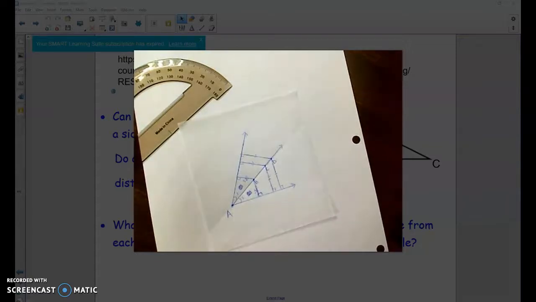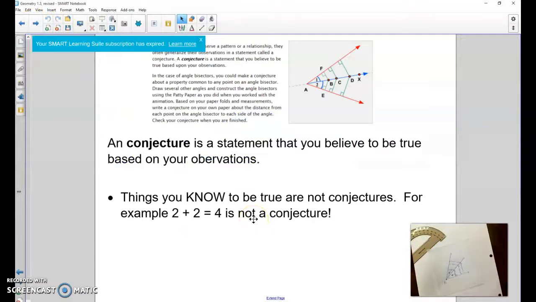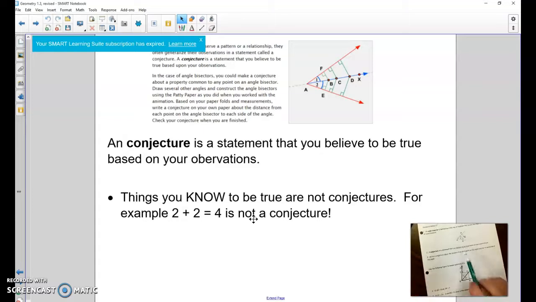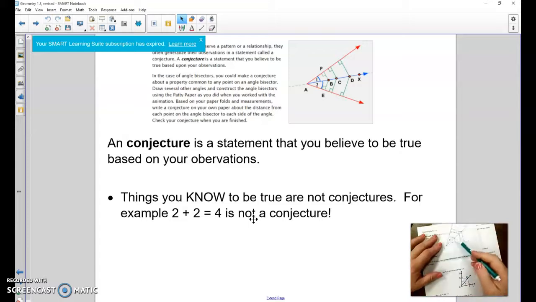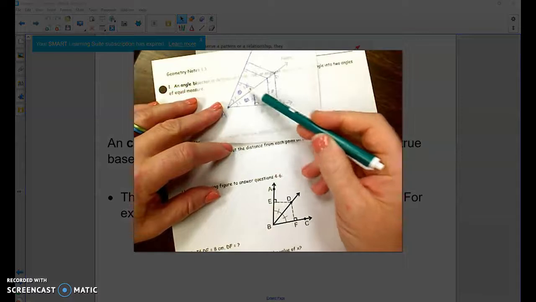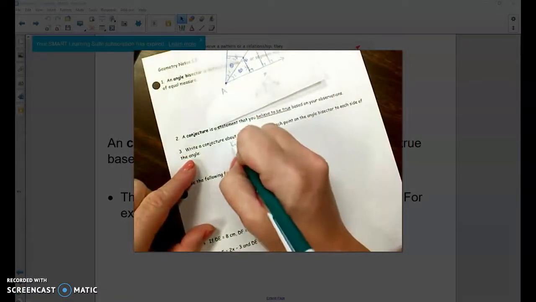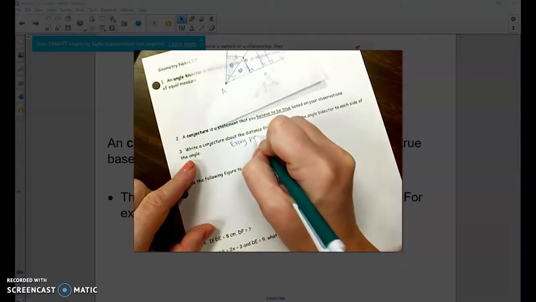All right, so what we're going to do now is make a conjecture based on what we just learned. So number 2 on your notes tells you what a conjecture is. It says it's simply a statement that you believe to be true based on your observations. So it's not something we know to be true yet. It's just something we believe to be true. So based on what we just learned, we believe that every point on an angle bisector is the same distance from each side of the angle. So that's what we're going to write on number 3. Every point on an angle bisector